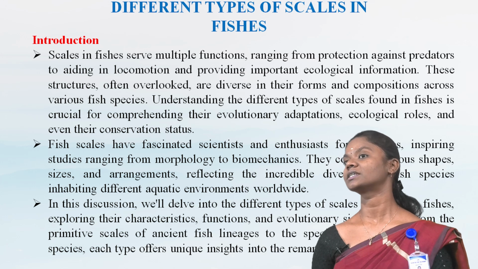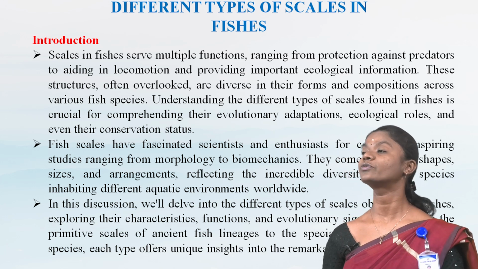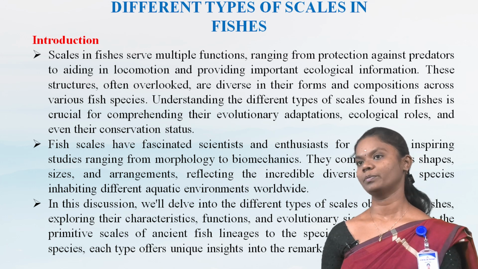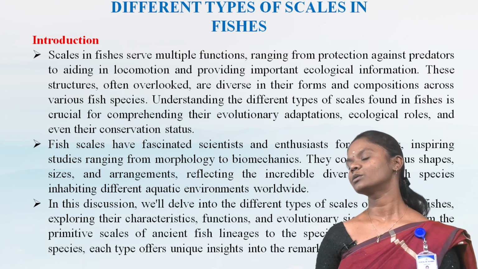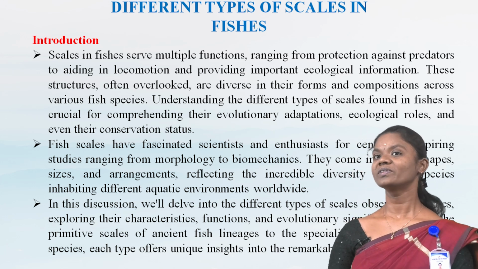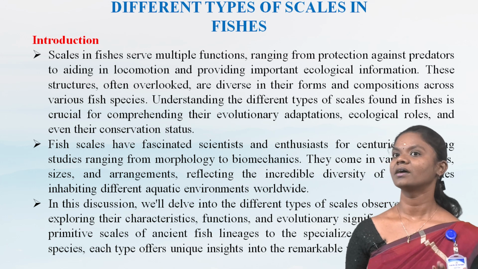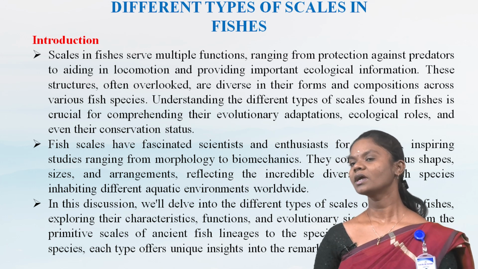Understanding the different types of scales found in fishes is crucial for comprehending their evolutionary adaptations, ecological role, and even their conservation status. So, scales have fascinated scientists and enthusiasts for centuries, inspiring studies ranging from morphology to